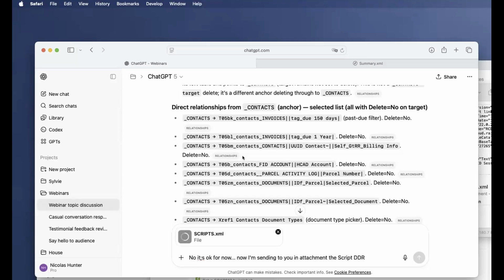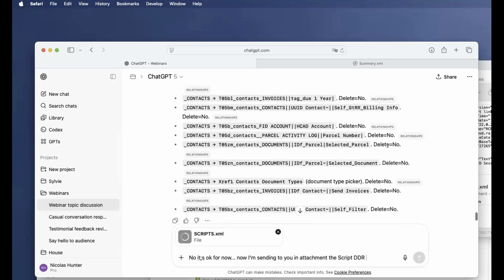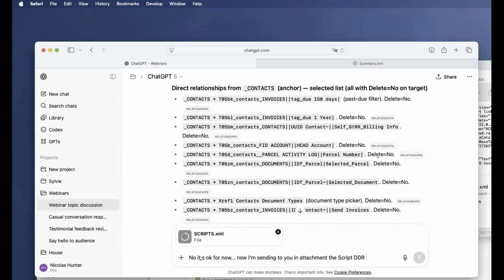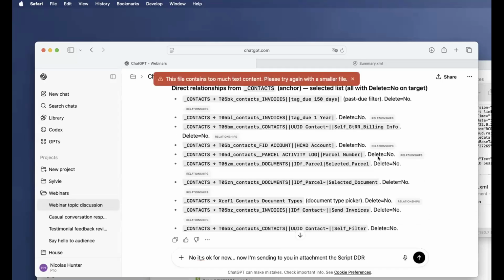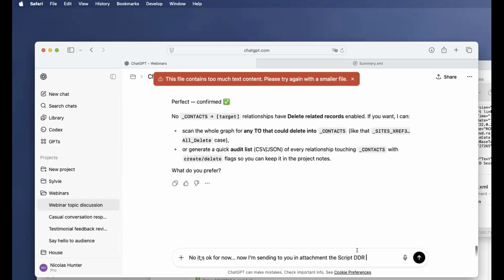So that's what I'm saying, right? Because this delete stuff, you know why I ask him this? Because if I have some, I want to remove them, because this is very dangerous, right? Okay, I need a smaller file. See, so I have a problem here.